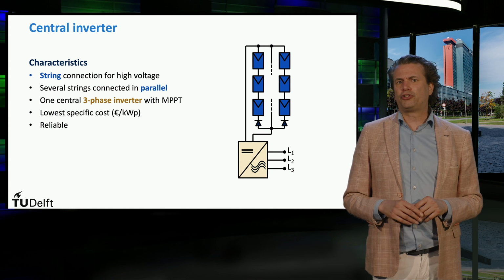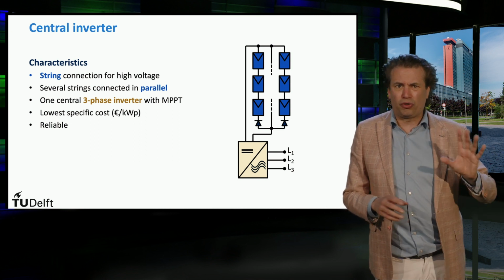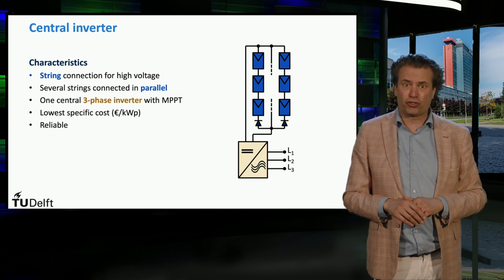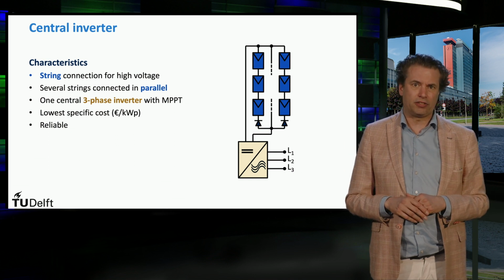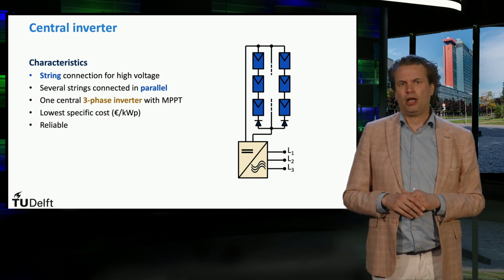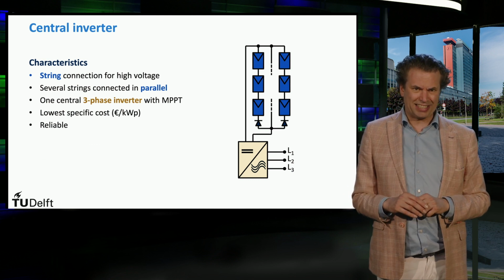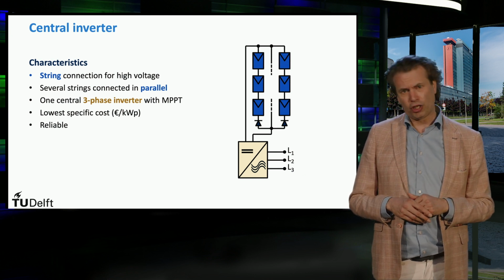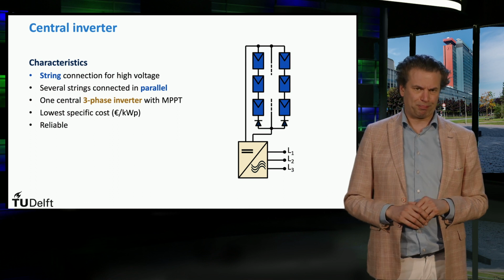Concerning the inverter, two main topologies are generally used, either a single DC to three-phase converter or three separate single-phase inverters working synchronously with a phase difference of 120 degrees each. Such a centralized configuration with all the PV modules connected in a single array offers the lowest specific costs, which is the cost per kilowatt peak of installed power.